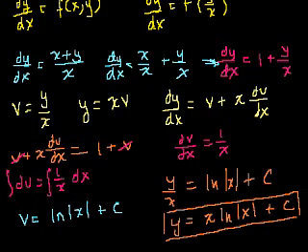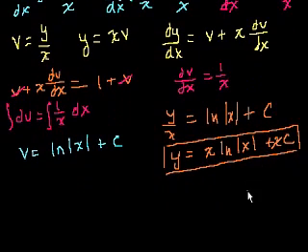x plus c. Oh, actually, I made a mistake. Y over x is equal to the natural log of x plus c. If I multiply both sides of this equation times x, what's the solution? It's not just x natural log of x. I have to multiply this times x too, right? Distributive property. That was an amateur mistake. So the correct solution is y is equal to x natural log of the absolute value of x plus x